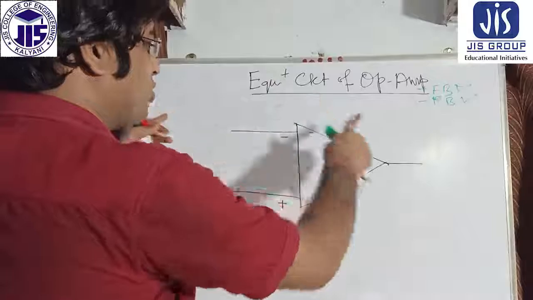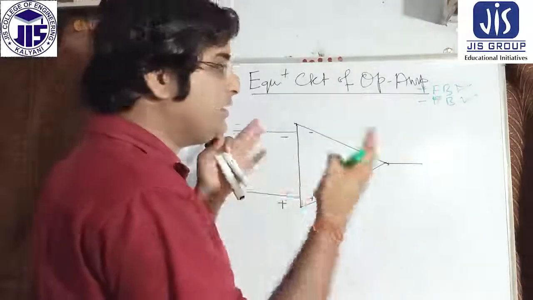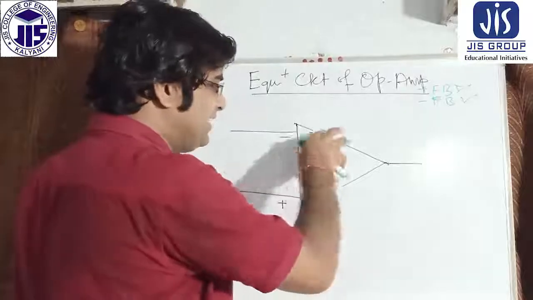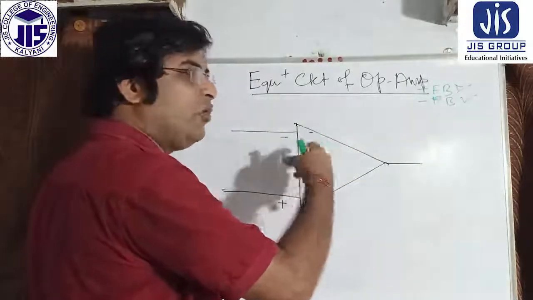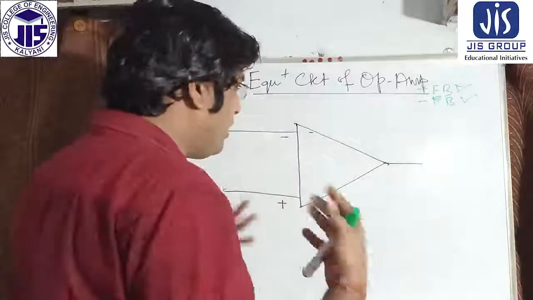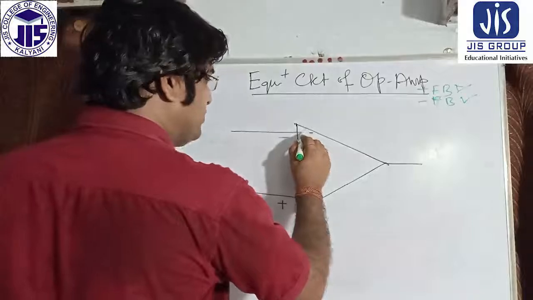Equivalent circuit means it is a complicated circuit. How can we analyze it by an equivalent easy circuit? Inside there are a huge number of transistors, MOS and CMOS. So for that, how we can draw the equivalent circuit is actually